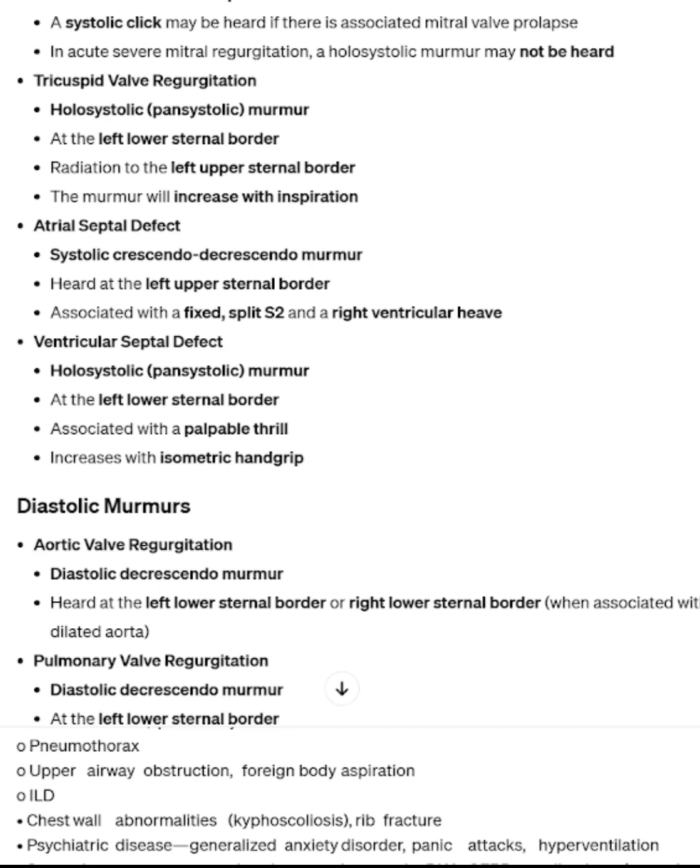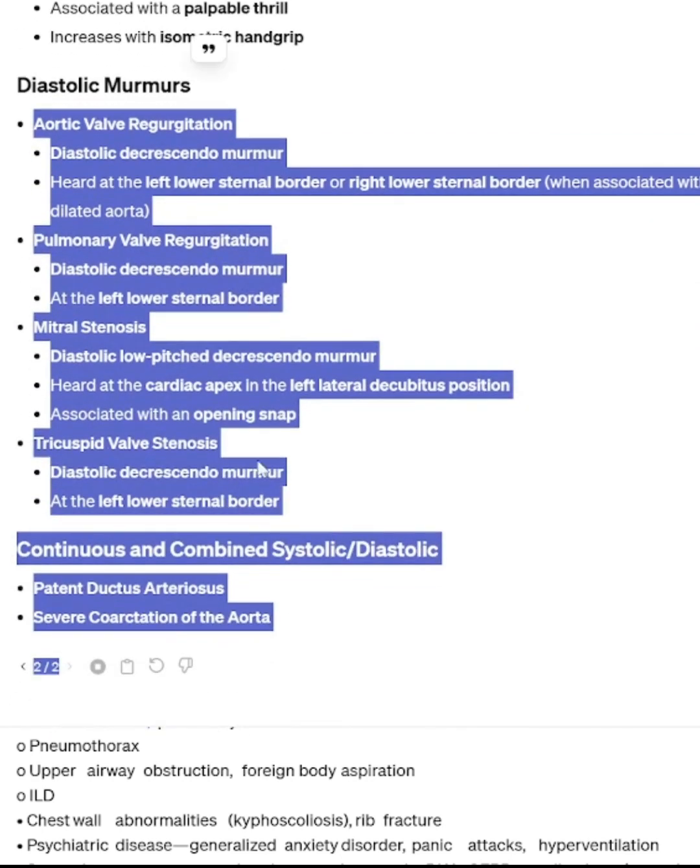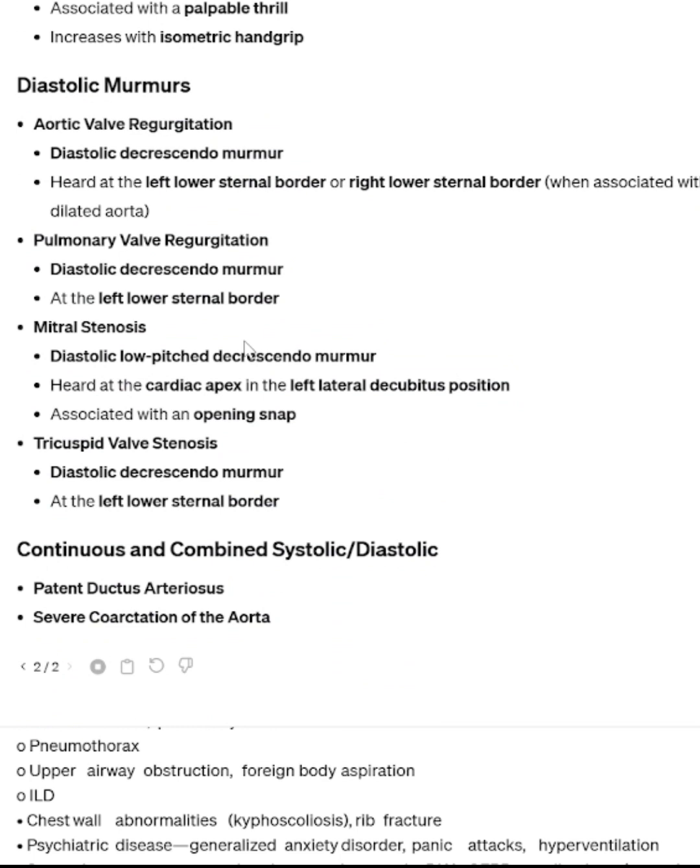Atrial septal defect: systolic crescendo-decrescendo murmur, heard at the left upper sternal border, associated with a fixed split S2 and a right ventricular heave. Ventricular septal defect: holosystolic (pansystolic) murmur at the left lower sternal border, associated with a palpable thrill, increases with isometric hand grip. Diastolic murmurs. Aortic valve regurgitation: diastolic decrescendo murmur, heard at the left lower sternal border